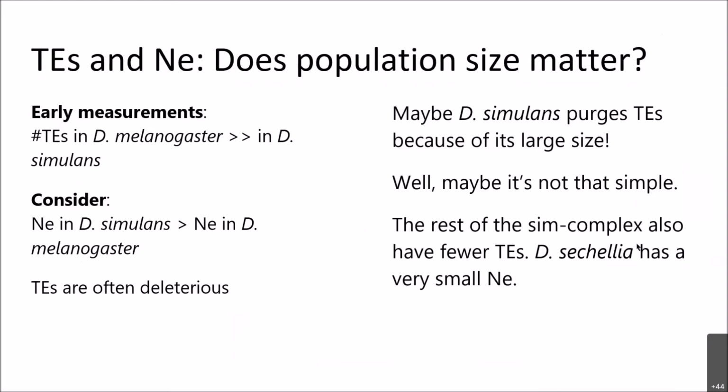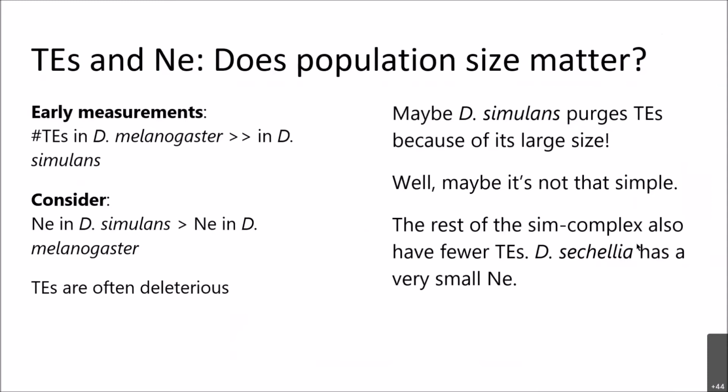And so this got people thinking, way back as soon as we could measure diversity in Drosophila simulans, that if the population size in Drosophila simulans is greater than that in Drosophila melanogaster, and TEs are often deleterious, maybe this explains the fact that Drosophila simulans has a lot fewer TEs. Maybe Drosophila simulans just has more effective purging of these bad mutations. Well, I think it's probably not that simple, because the rest of the simulans complex also has few TEs,